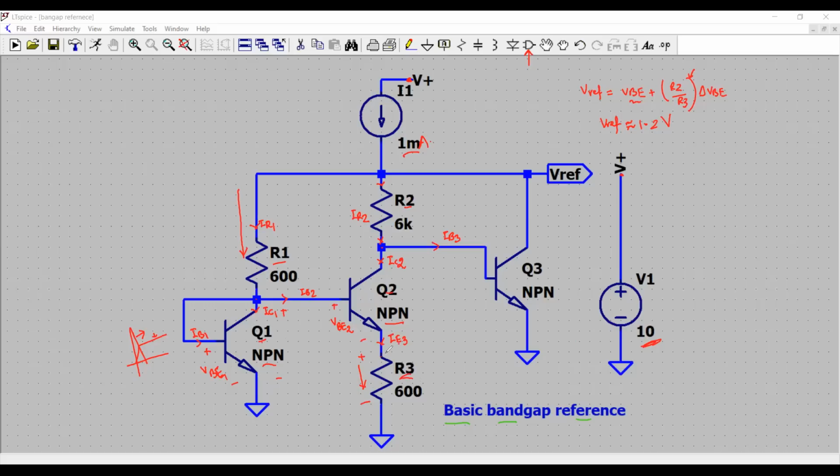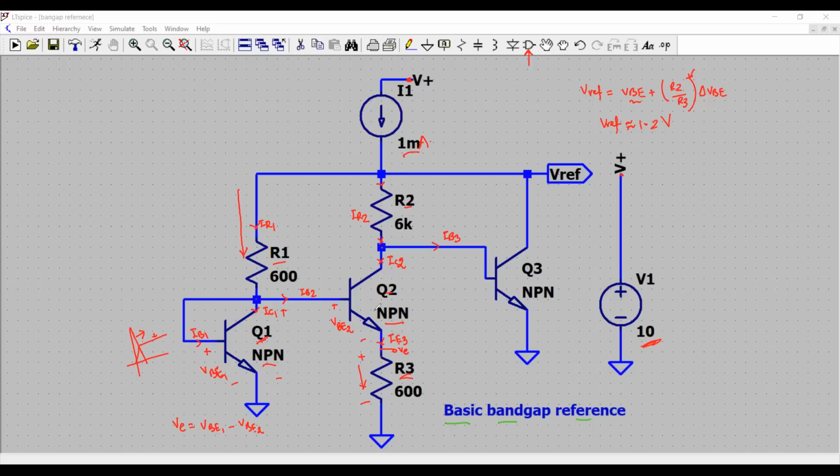That is my voltage right here. Let's call it VE. So my VE would be VBE1 minus VBE2. So here I haven't used the area ratio, because I have used the same transistor for Q1 and Q2,